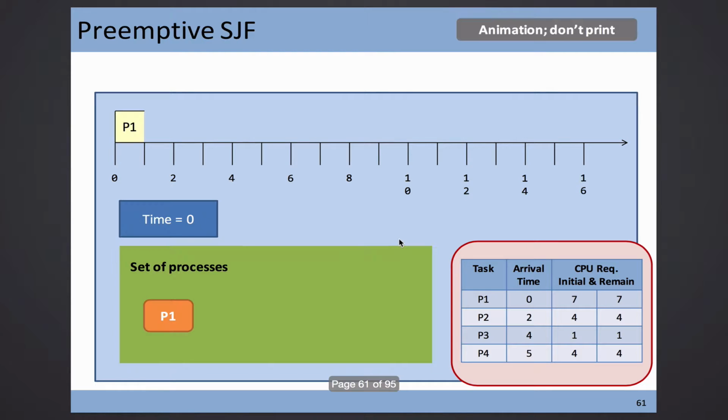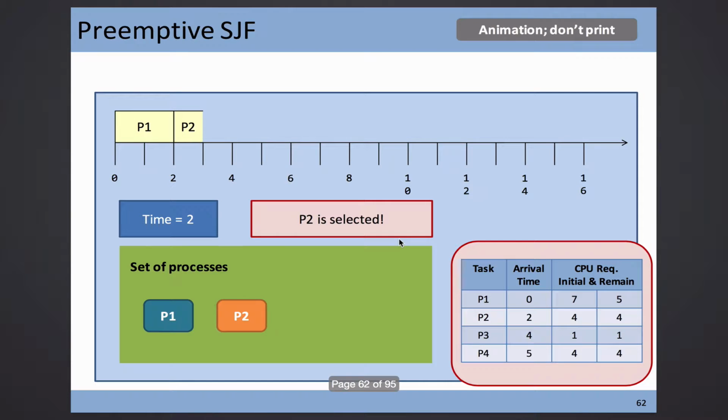Now let's go. Same scenario. So at time 0, we only have one process in the system, so I don't have any choices. I will choose P1, but when the time comes to time equal to 2, okay? So we have to make a choice. At time equal to 2, P1 will have a remaining CPU requirement down to 5.